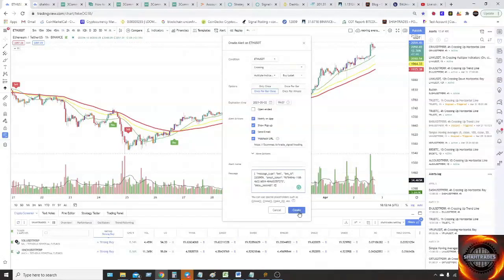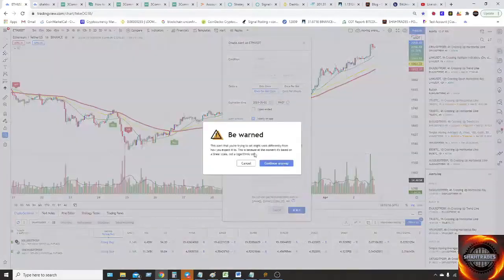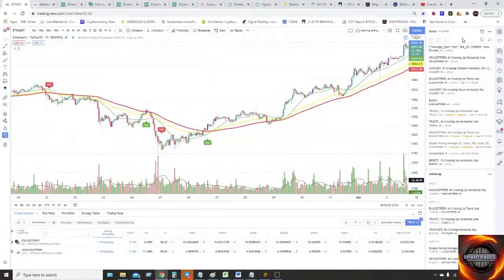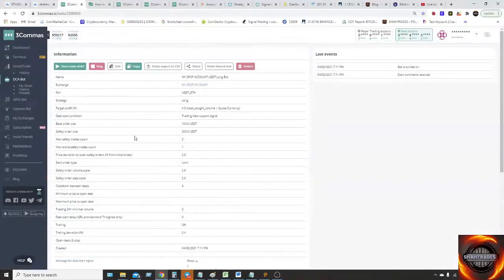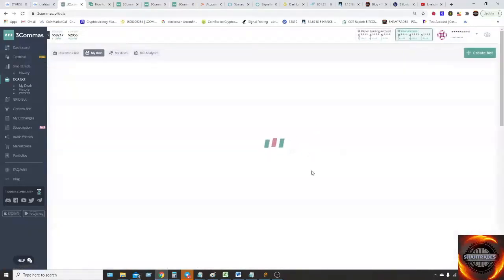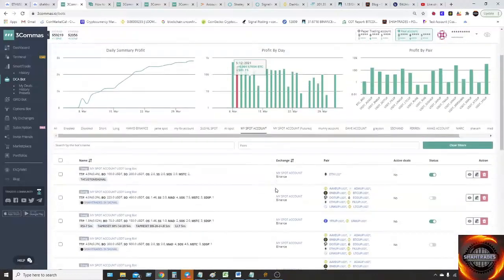Then you have to create. We will see a warning because there is some price movement different between the chart and the bot, so you just click on continue anyway. So now your alert condition is set, your bot is ready, and now you have to wait for the deal to start when there is a buy signal.